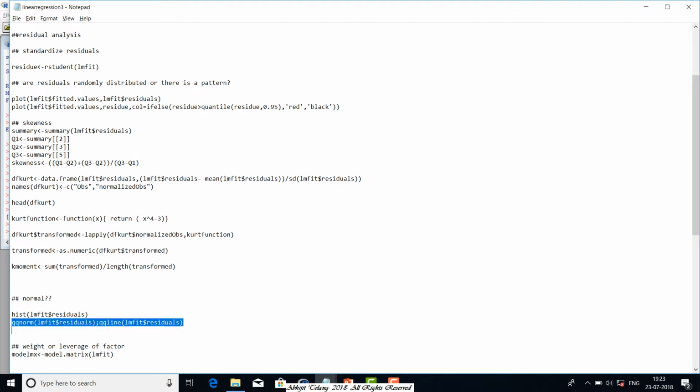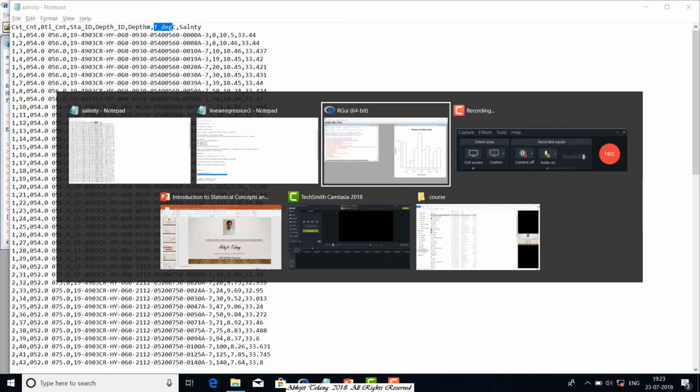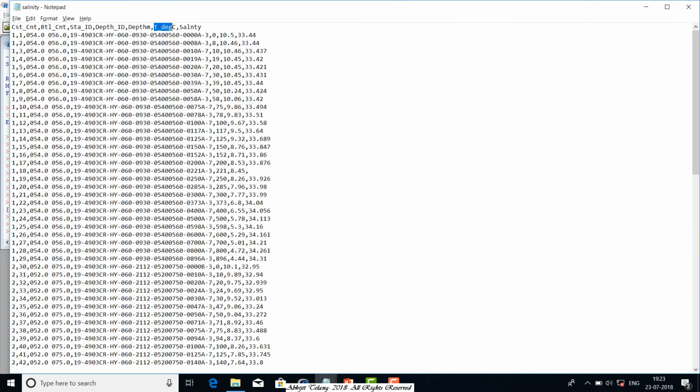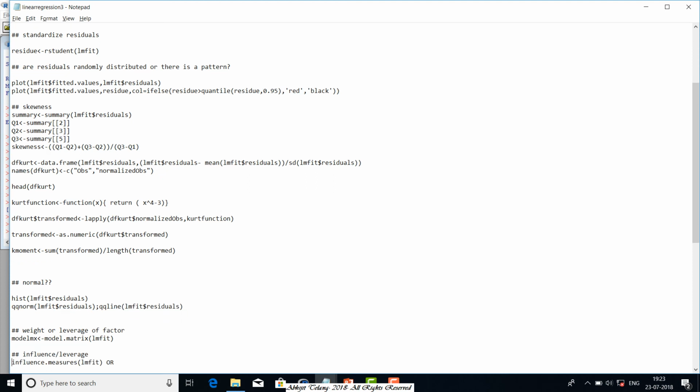Let's move on to do a QQ norm plot. This allows us to understand how the residual values compare to a normal distribution, where the normal distribution is a straight line, and we can see that it is flattened at either end. That means the tails are curved, and again hints towards the right skewed distribution as it starts from below the normal line and then gradually catches up. So this is what we discussed earlier as well. So another important aspect is to